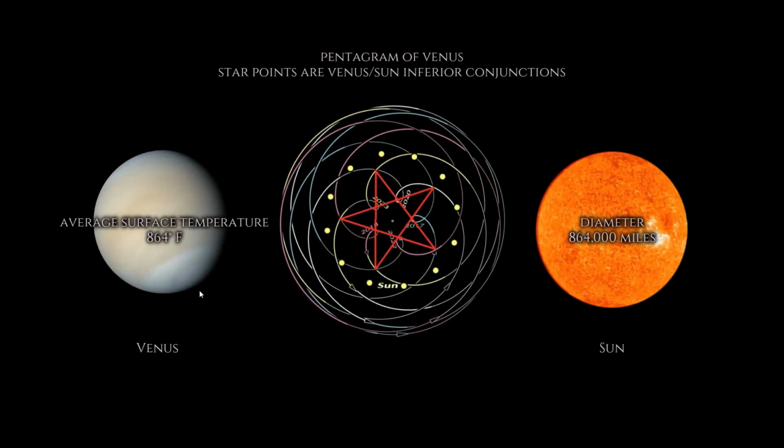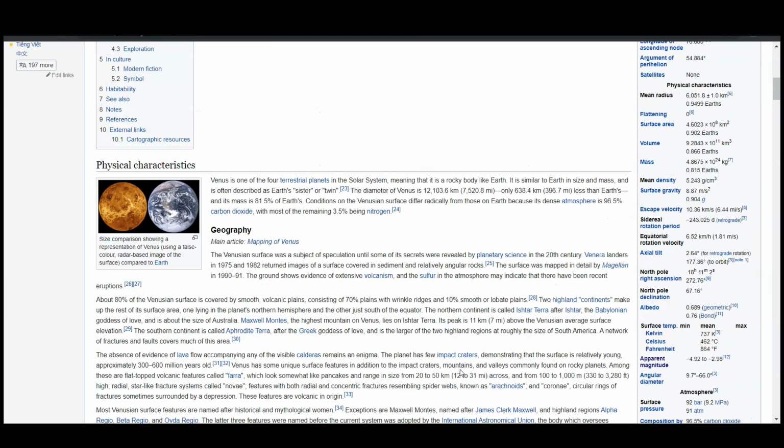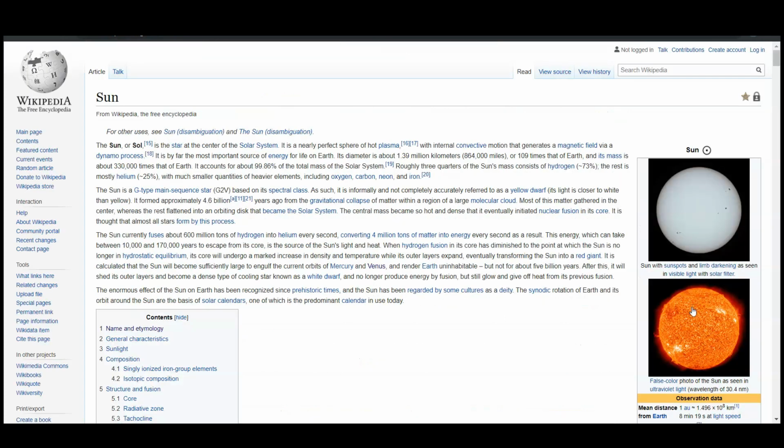If we look at the average surface temperature given for Venus, it's 864 degrees Fahrenheit, and the diameter of the Sun is given as 864,000 miles. Venus here, average surface temperature, 864 degrees. And the diameter of the Sun is given as 864,000 miles. And this is a very important number, this 864,